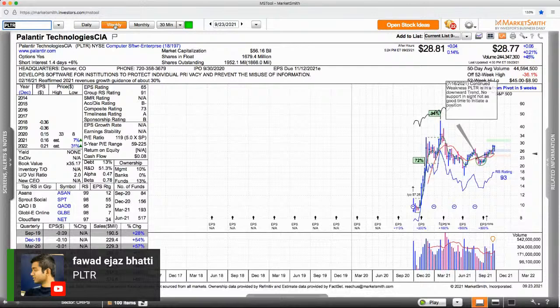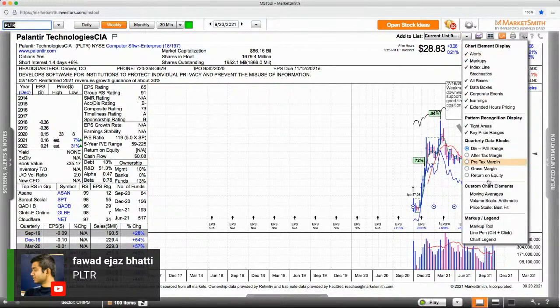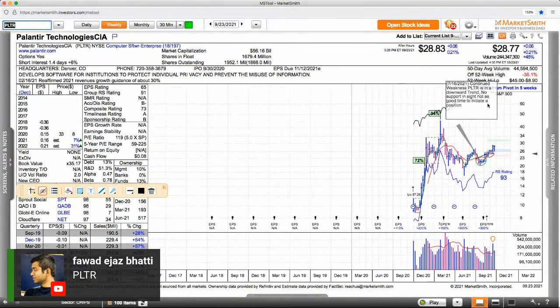Now, can you buy at this level? Well, it's a little extended. That's why I wanted to show you this chart. It's getting a little bit late to buy this one. If you buy this one, you should do it relatively quickly, because I think we're getting a little bit ahead of ourselves. Right now it's extended, and I don't typically like to buy stocks when they're extended, but in this case, you may not get another chance with Palantir,